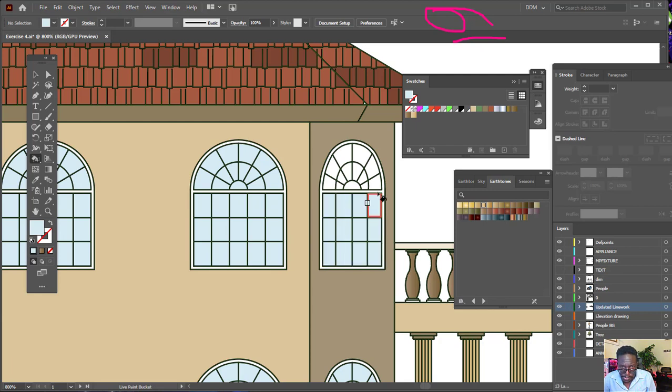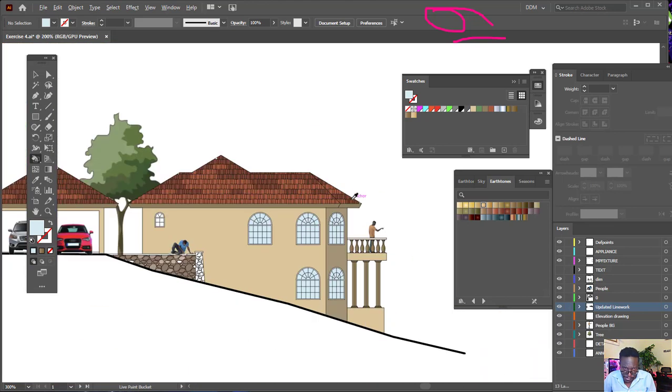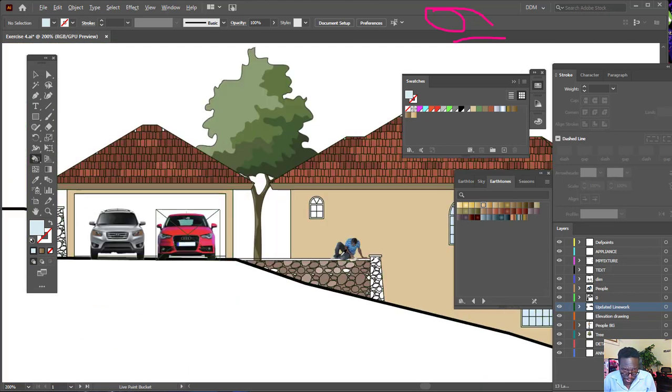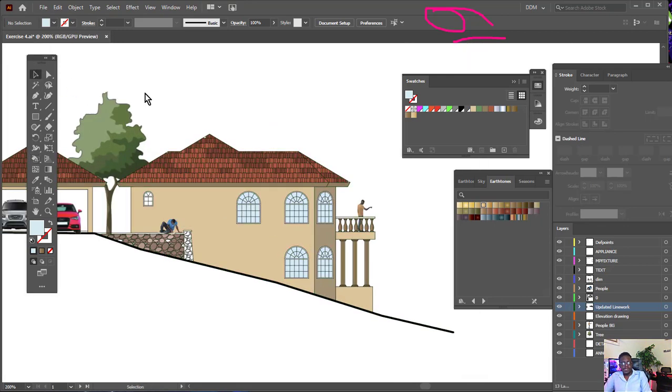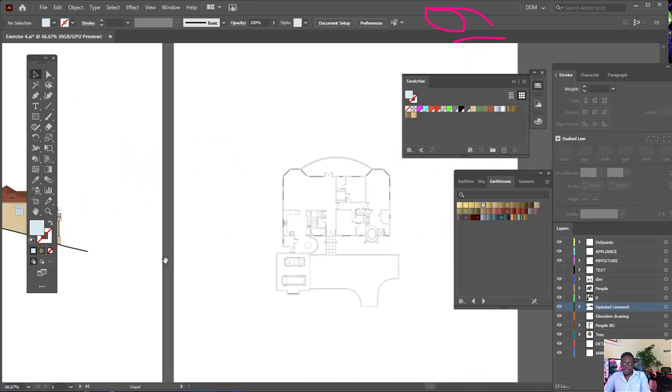And when you get used to it, you can use your shortcut keys. So the shortcut key for this is the K button. There we go. All right, now what needs to happen is for the plan